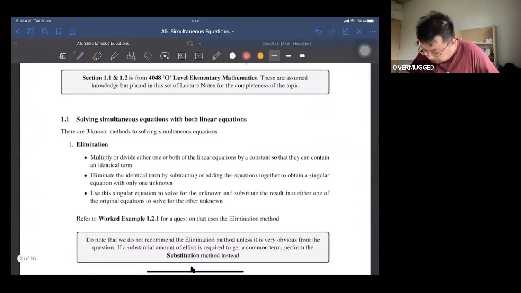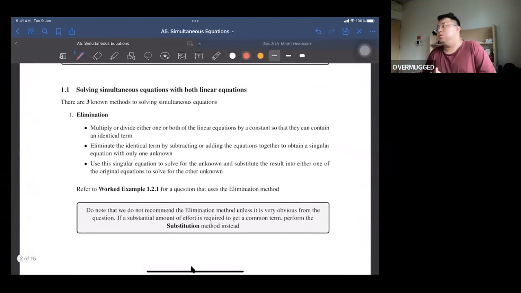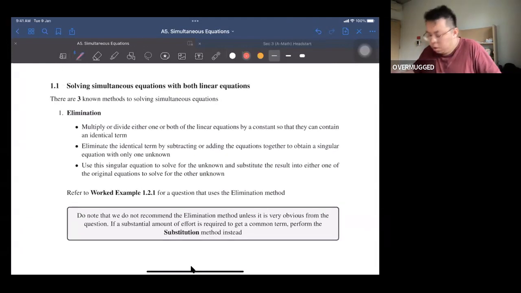Now, let's talk about the solving of simultaneous equations, because that is my objective whenever I'm given a simultaneous equation. There are three methods for solving simultaneous equations. I know in schools, they always tell you there are only two, which are elimination and substitution. But actually, there is one more, which I will talk about later. So let's talk about the most basic one, which is elimination. What is elimination? Elimination is the process of eliminating an item, so it's to get rid